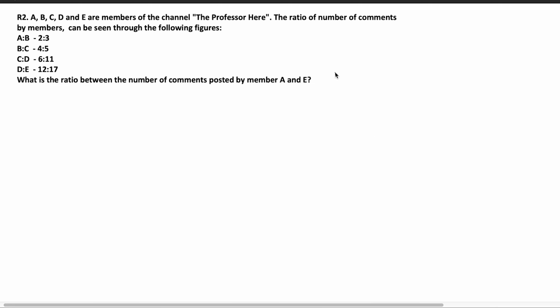So that's our second question. Now try to solve it on your own. Using the same method, you can use the first method or the second method. If you use the first method, it is going to be very long because it involves 4 different ratios and it is hard to find the LCM for all of those. So try to apply the second method. I will give you a minute to do that.